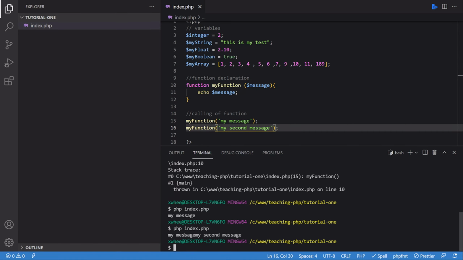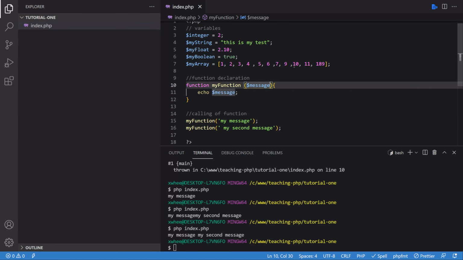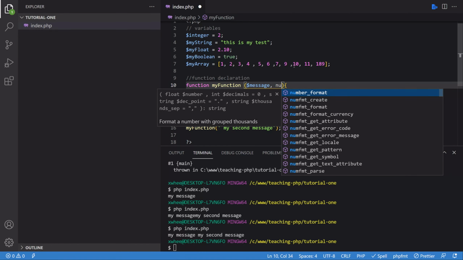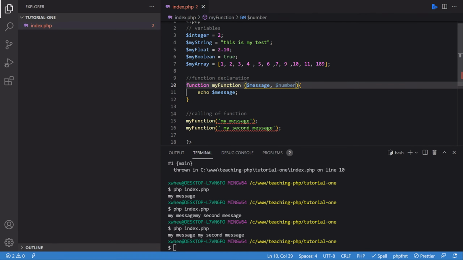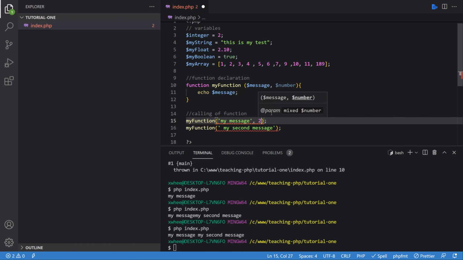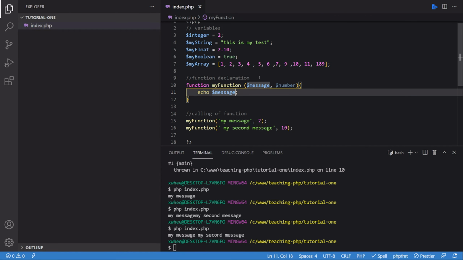You'll see it looks a little funny because I didn't put a space, but I can fix that too if I want to. And there you go. And that's really functions. If you wanted to pass multiple ones, let's also pass a number. So we could pass 2, maybe 10, and then we could echo them both